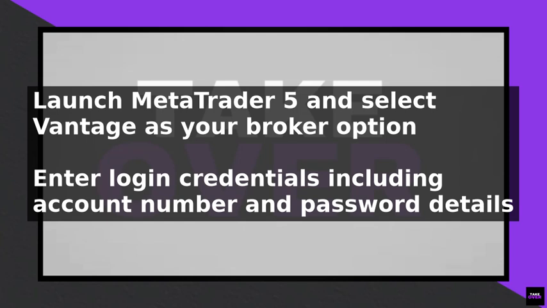If you are unable to find Vantage in the list of available brokers, you can manually add the server by clicking on the Add New Broker option. You will need to enter the Vantage server name, which can be found on the Vantage website or by contacting their customer support team. After connecting to the Vantage server, you need to wait for the platform to download the